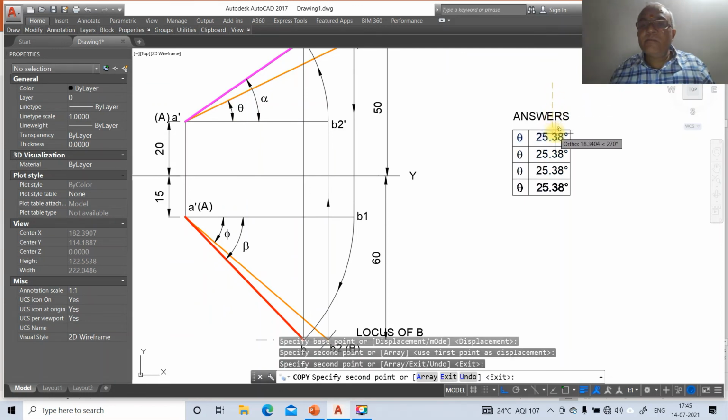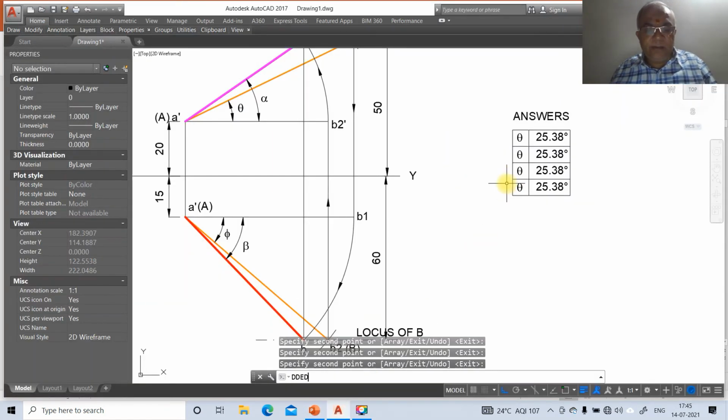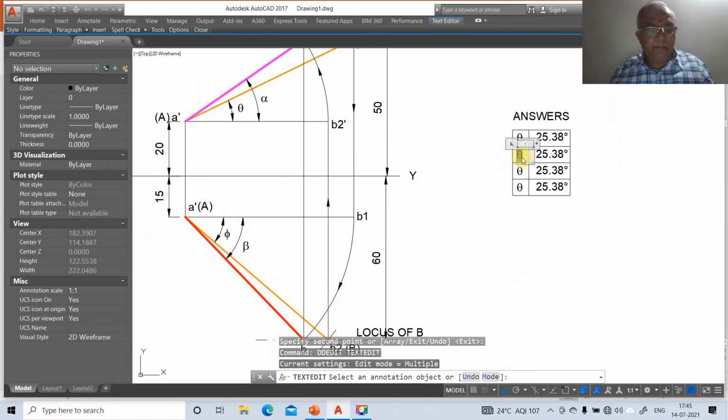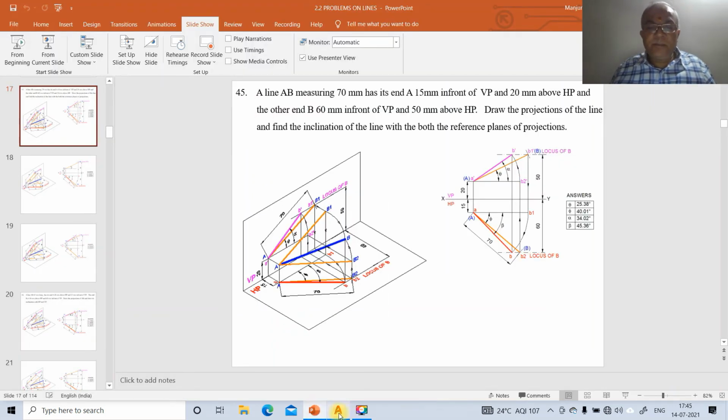Similarly, then we have phi is 40.01. So you DD edit. You take this as phi and you take 40.01. Then alpha.